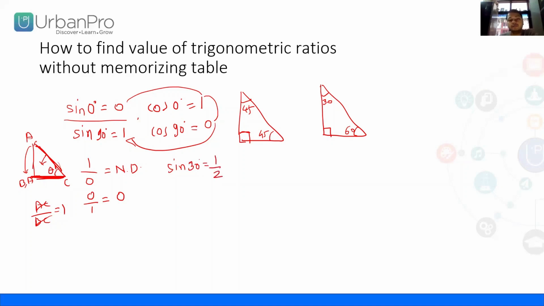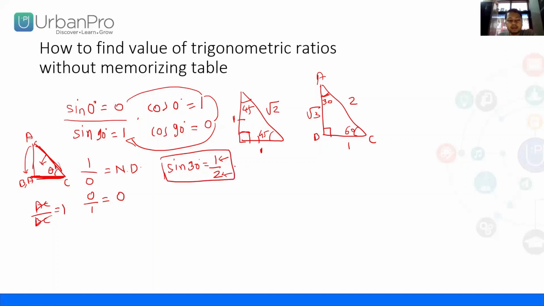So if we are taking sine 30 degrees as half, what is the formula for sine? Opposite upon hypotenuse. Which side is opposite to 30 degrees? BC, right? So BC will be 1, because in the numerator we have 1 and the hypotenuse is 2. So opposite by hypotenuse, and by Pythagoras theorem we can find the remaining side as root 3. Now this is the isosceles triangle 45, 45, 90. So you can take these two sides as 1, and the remaining by Pythagoras you will get as root 2.